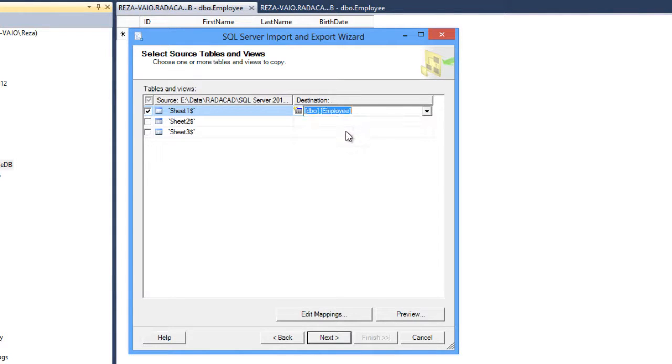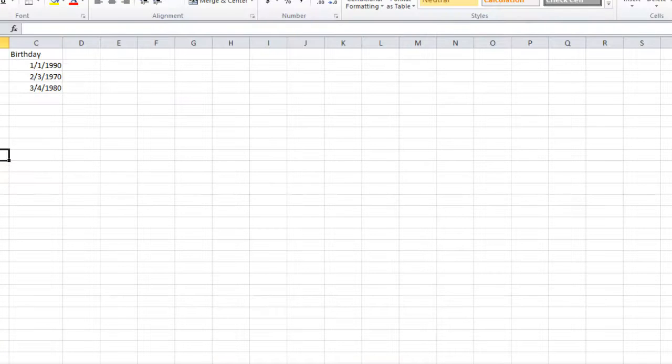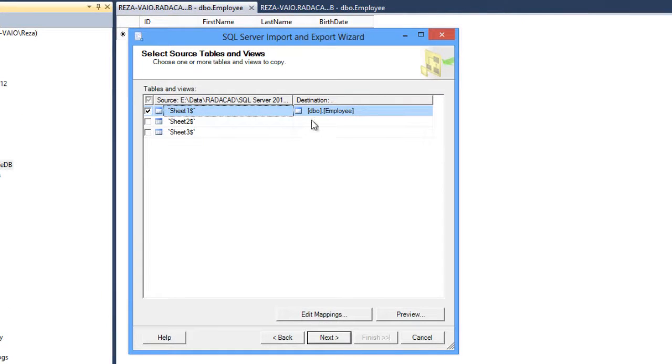I have an employee table and I want to load information into that table. So I select employee table. I can check the mapping information between the columns in Excel file and columns in employee table with clicking on edit mappings